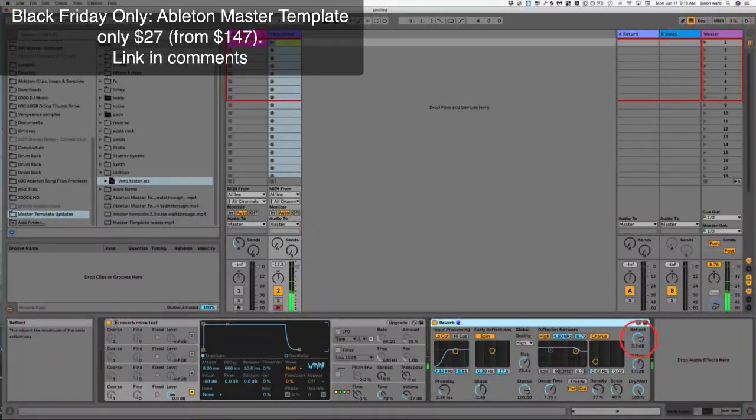So change the reflect, and you hear it changing the sound. Change diffuse. Density. Size. Quality. Of course, we can get into low cut, high cut, spin, chorus. With pre-delay, if you want to test it out, you want to kind of set this to probably 50% or something like that. So you hear some of the original sound, and then you can